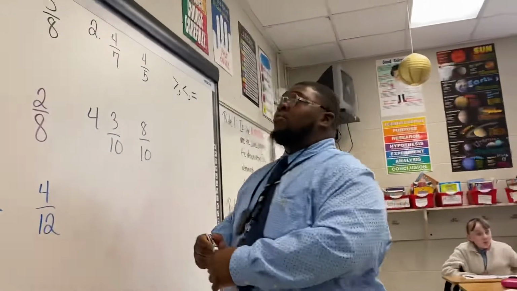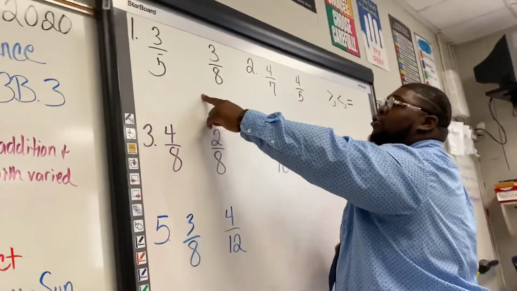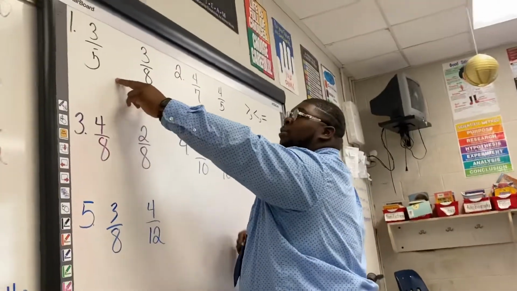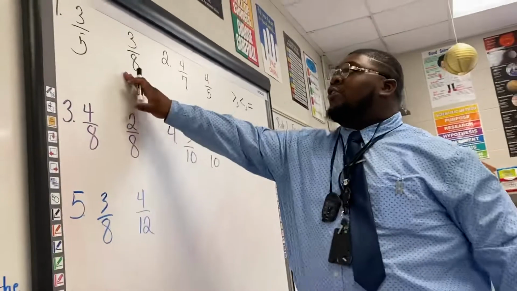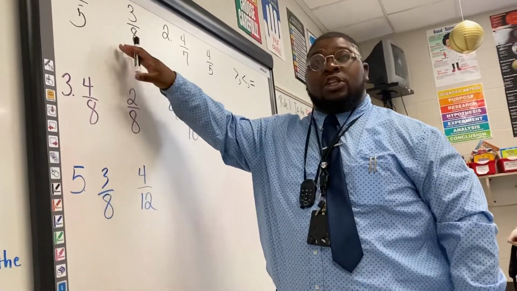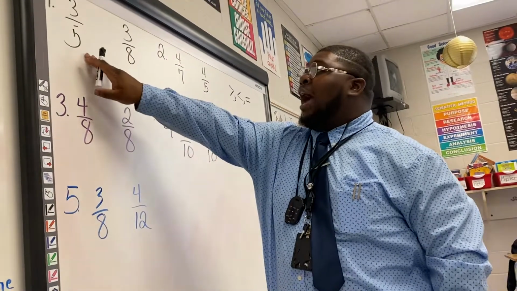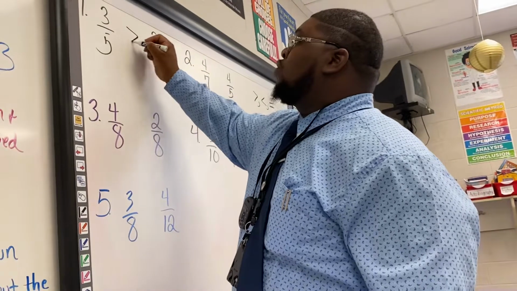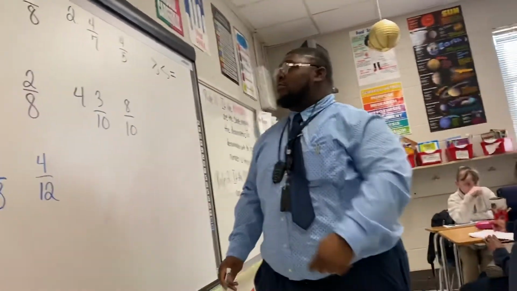Okay? So, going back to rule one, 3/5 compared to 3/8. We know that it follows rule one, and we know that the numerators are the same. So if the numerators are the same, we need to look for the lesser denominator. The lesser denominator here is 5, which makes 3/5 greater than 3/8. Okay? Number two,